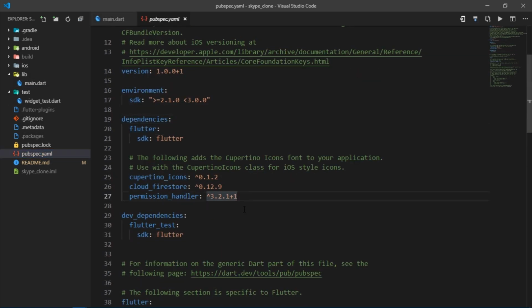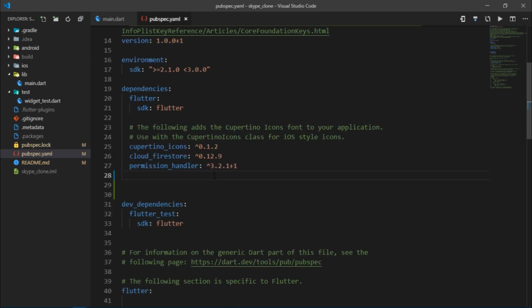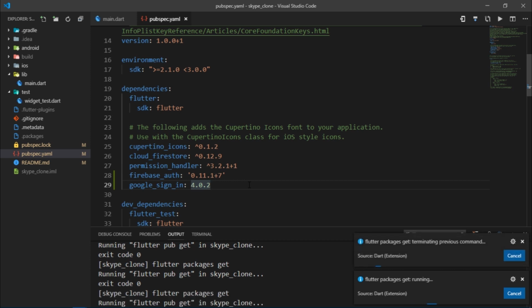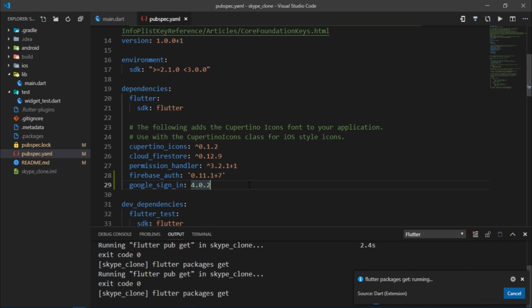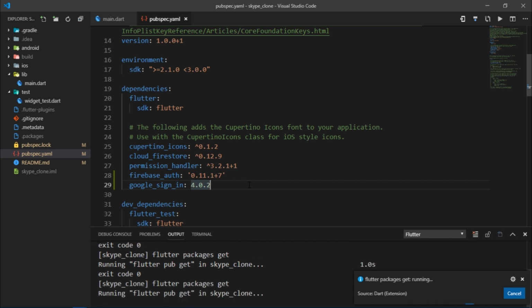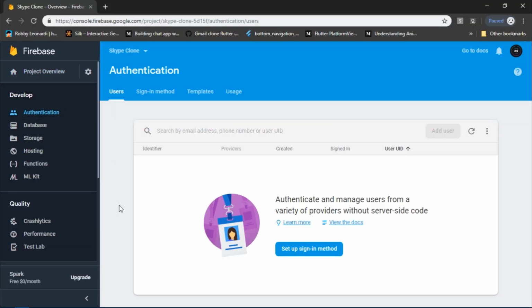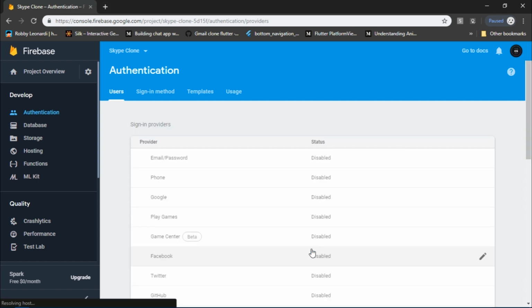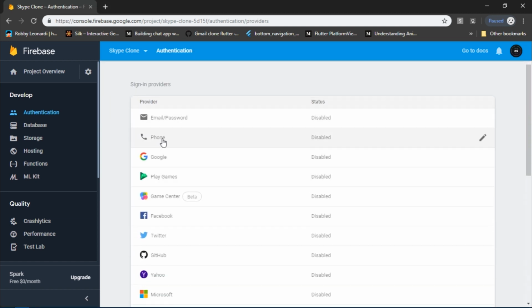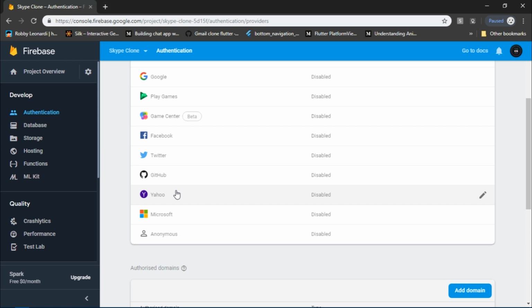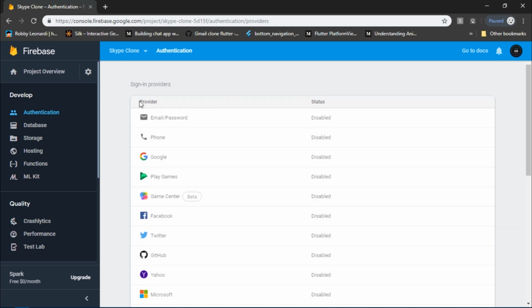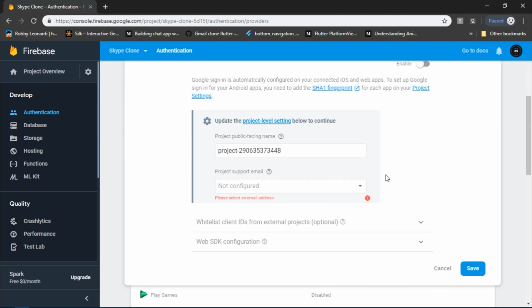So the first thing that I'm going to do is come over to pubspec.yaml and add the latest version of Firebase Auth and Google Sign-In plugins. After that, I'll just sync them. Then I'm going to come over to the Firebase console, go to the authentication section, and Firebase lists all the available authentication providers. So you can authenticate users via email and password, or mobile, or you could use Facebook, Google, Twitter, and many more services. Now we are going to be using Google. So click on this little edit icon and just toggle this switch to enable Google Sign-In for your project and